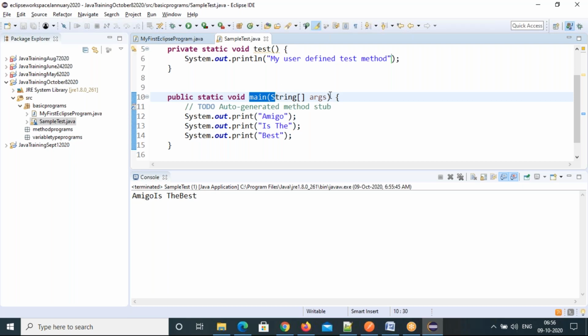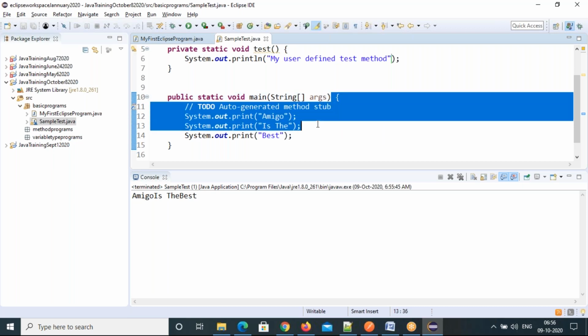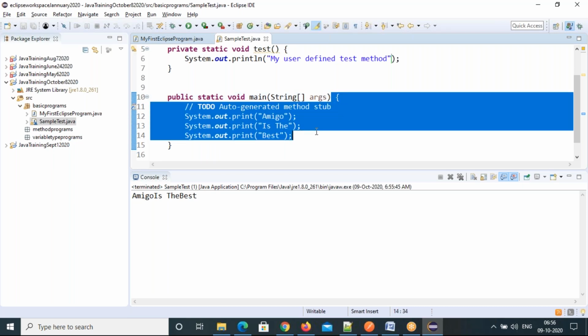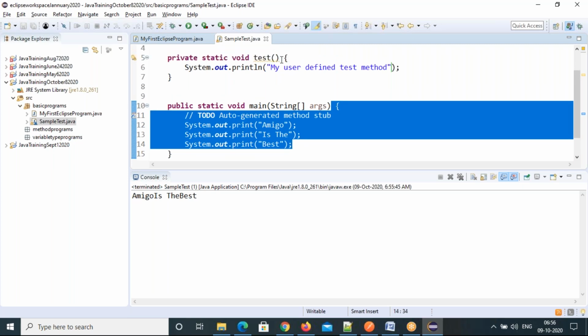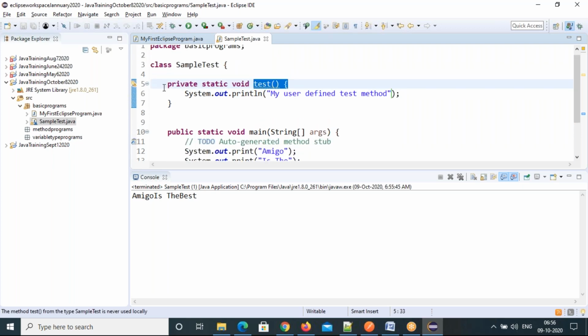The cursor will start from here only. This is the beginning of your program. In C, we have a begin, right? So that's the beginning of your class. It will look for what is inside this main method. That only will be executed, not other methods. You are not calling, you have just defined. You don't need it now; you can call later. N number of methods you can define.